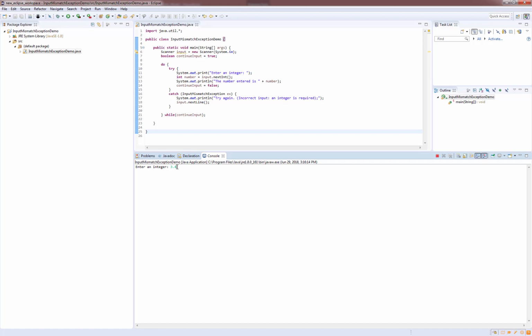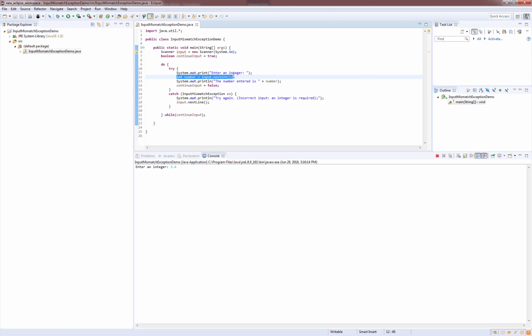So think about where we are in the code right now. We're inputting a number, so we're sitting right here. If an exception occurs, we're going to bail out, which means we should not see this prompt. It should not say the number entered is, and we are not going to set the continueInput flag to false. Rather, we're going to bail out of here completely and find ourselves down in the catch block catching an InputMismatchException error, and we are going to then print this message that you see here, try again, and we will clear the rest of the line, and then we'll drop out of the